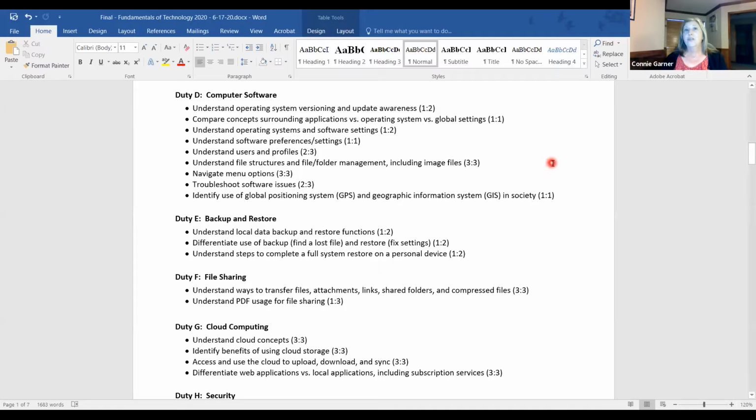Understand file structures and file folder management, including image files. This includes a lot, and we felt it was important. It includes things like identifying file name extensions and file formats, the effects of file permissions, learning to grant rights